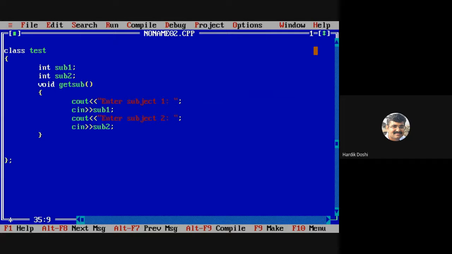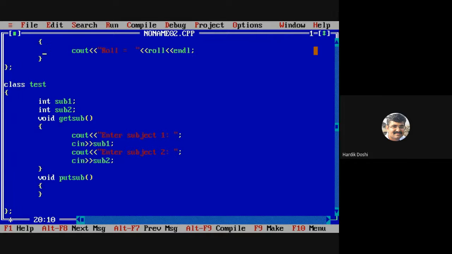Same way, void put sub means what will I do in this? Display the marks. So cout subject 1 is equals to something, and that is sub1.